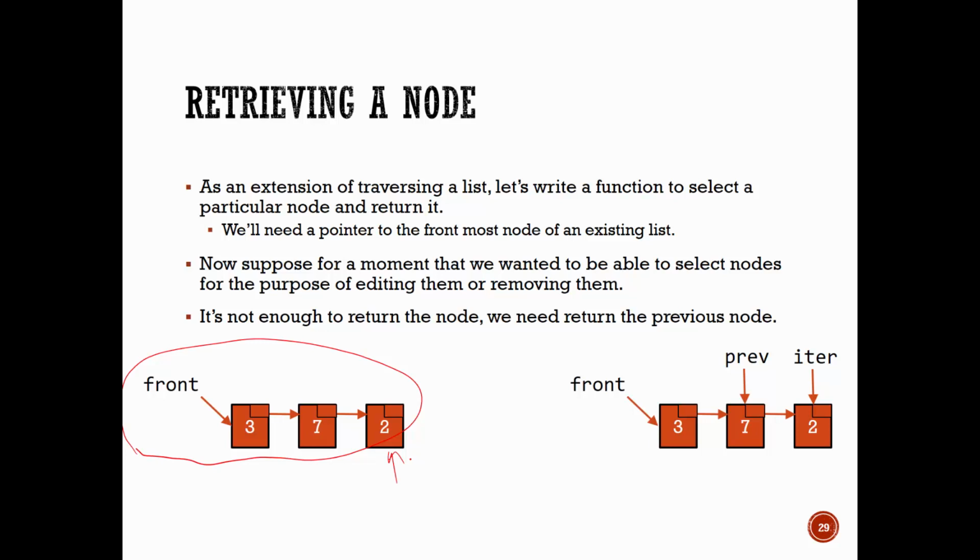Now, if we were going to select a node in the middle of the list for eventually deleting it, the problem is we can't just select the node itself. We have to select the node that's previous to it. And so that's what we're going to look at. We're going to write a more advanced traversal function that'll loop over the entirety of my list and check for where I've gone to the node that I want to get to, and then once I've gone to it, it'll return the node that's previous to it.